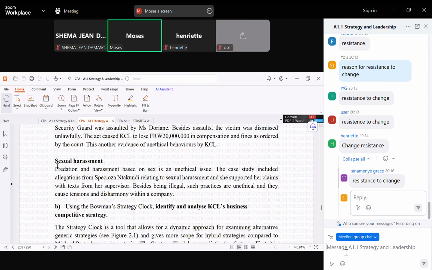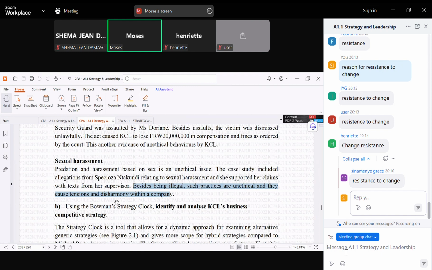Next point, title is here. First sentence is here. Second sentence ends here. Third sentence ends here. So what we have seen is all of these answers have been answered in between 2 to 4 sentences and relatively short sentences.